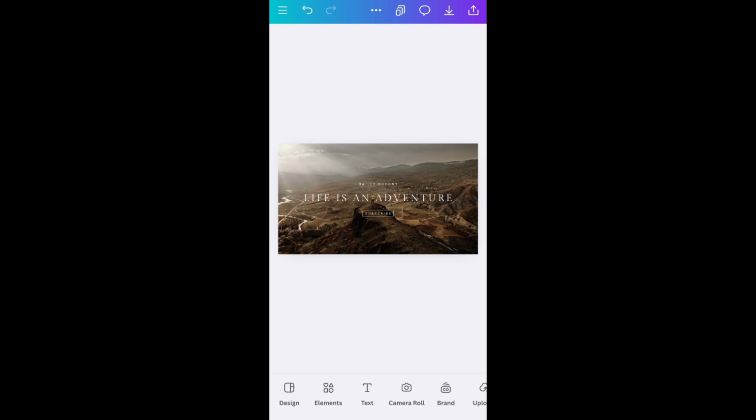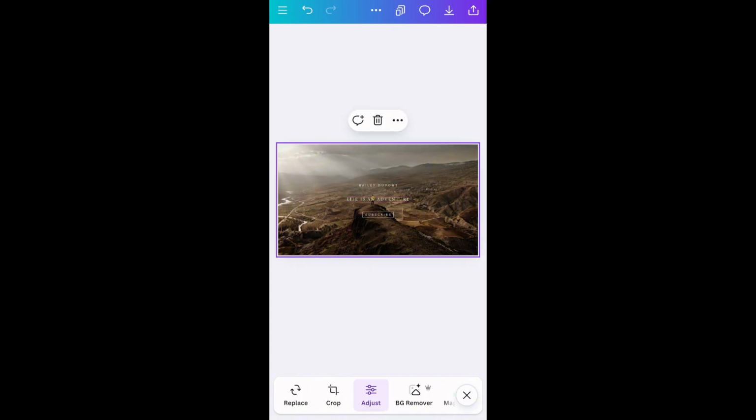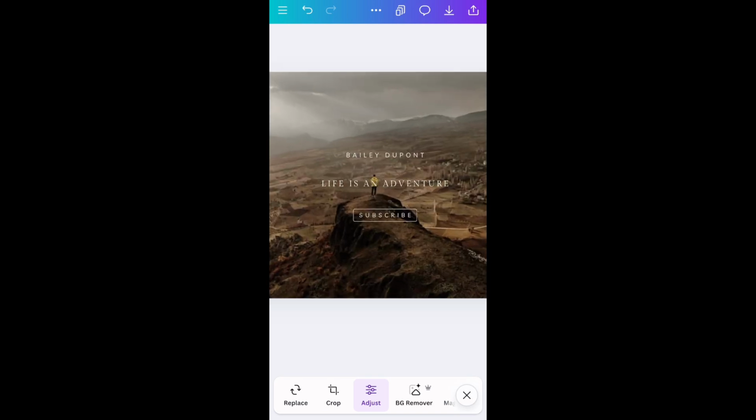Sometimes you're going to end up having to redesign this multiple times if you have it too big here in the middle, because with the YouTube banner, you really want to have everything kind of small and fit in this little centered spot. I wish I had an exact dimension or a specific tool for you, but not gonna lie, this is gonna save you some time, okay? So I would even have a subscribe call to action, and then your name